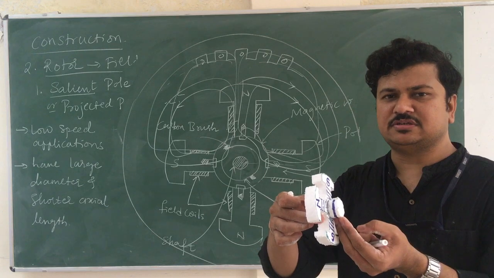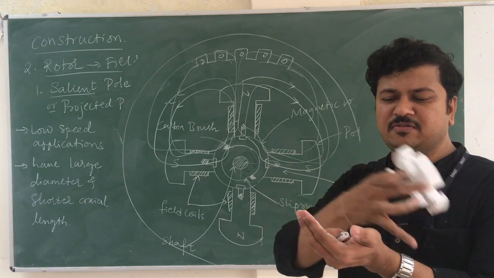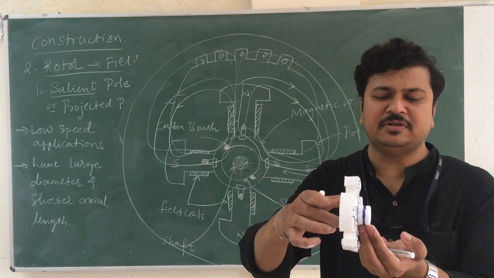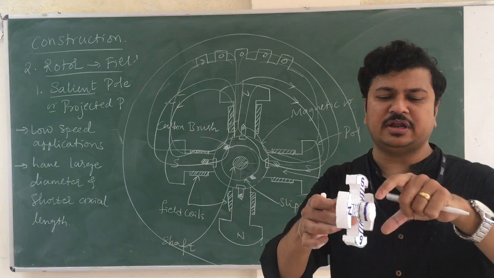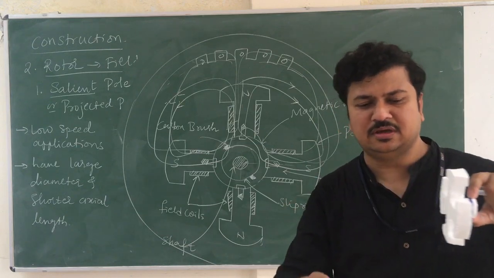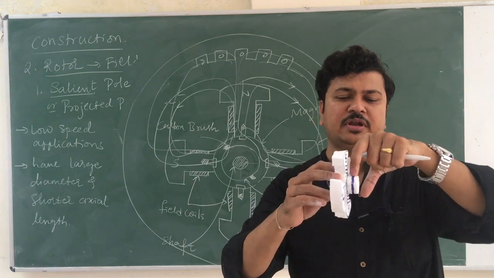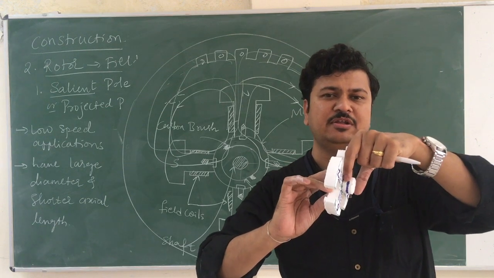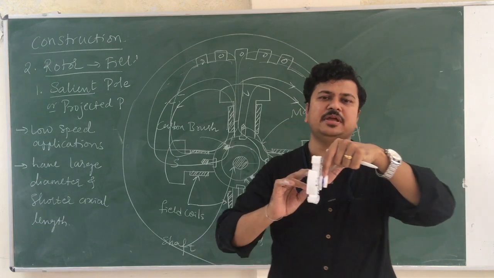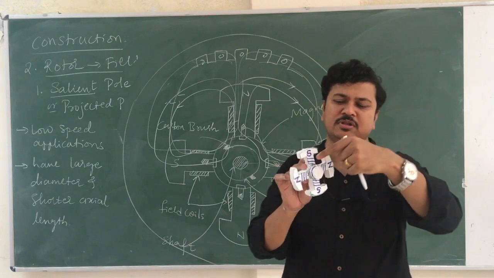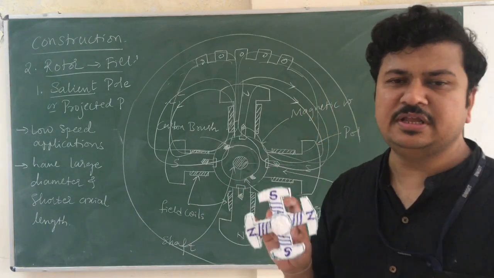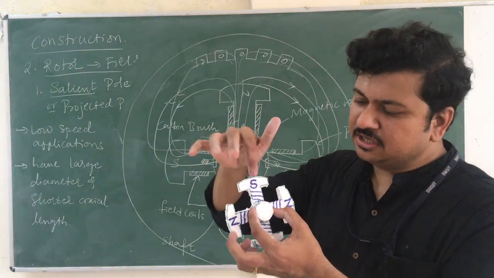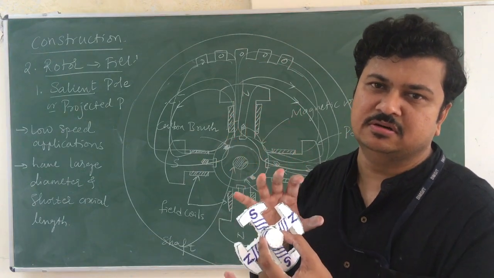When external supply is given, the supply is given from the source through these brushes, and these brushes will be continuously sliding even when the rotor rotates. Suppose I take only one brush for showing the operation. The brushes stay stationary and slide over the rotor. So there is a continuous supply of DC to the slip ring, through which the DC is connected to the field coils. Now when the field coils receive the DC, they create the magnetic flux.